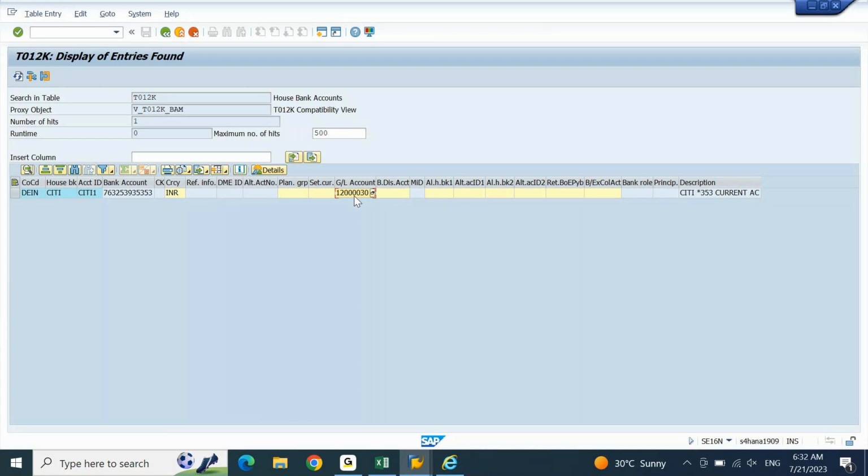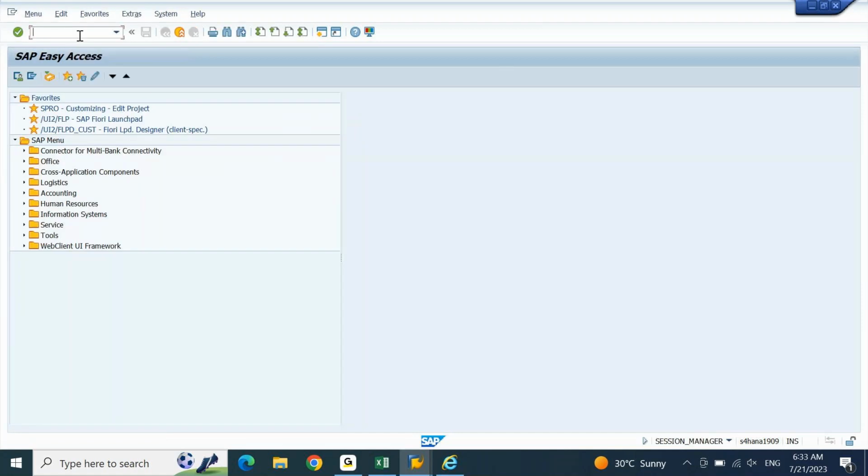Next thing what we need to do is we need to make sure that you configure bank reconciliation related config, for which first we are trying to do manual BRS. The same manual BRS we will perform with electronic bank reconciliation statement in the next session. For now, let us focus only on the manual bank reconciliation statement. For any of your bank reconciliation, you need to go to SPRO,